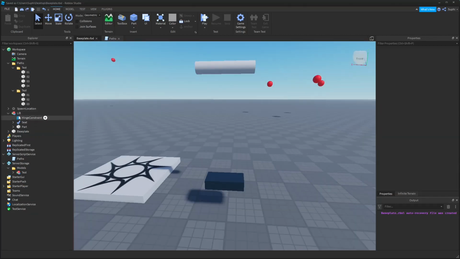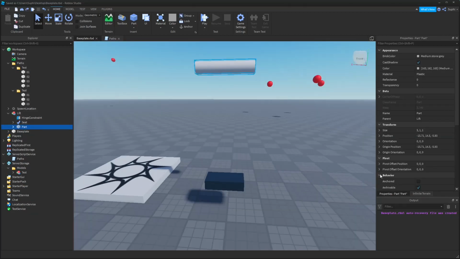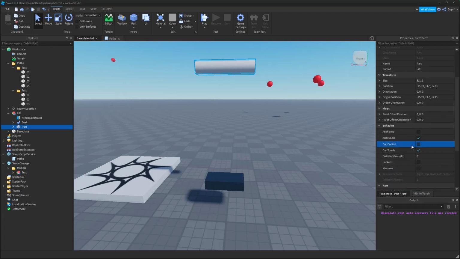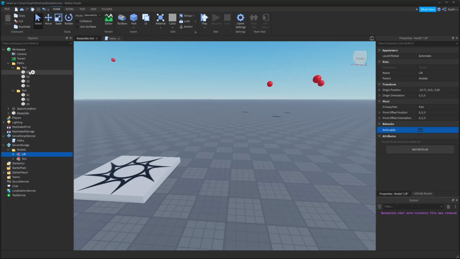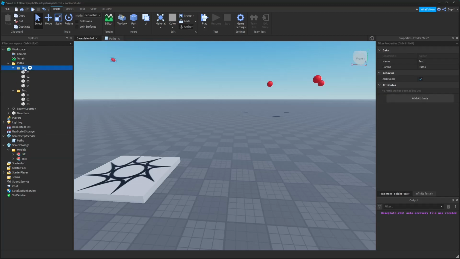I'm also going to set the lift's primary part can collide and can touch to false. And then I'm going to move this model into the models folder, and I'm going to rename this folder from test to lift. And if I run the game now,